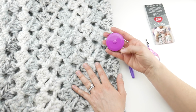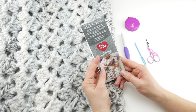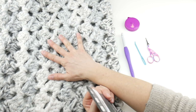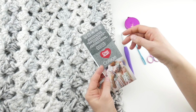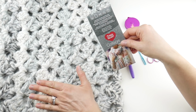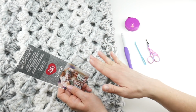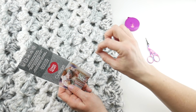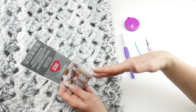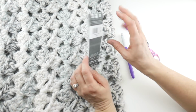You'll also need a ruler or tape measure, and also we're going to be using 6 balls of Red Heart Collage. I have the label here. All the yarn is stitched up at this point, but you'll need 6 balls of this Collage to get the dimensions that I talked about earlier. If you want the circumference to be a little bit bigger around, then you can add more balls of the yarn. You just simply work more rows. It's very, very easy to add more rows to this project, but I use 6 balls,